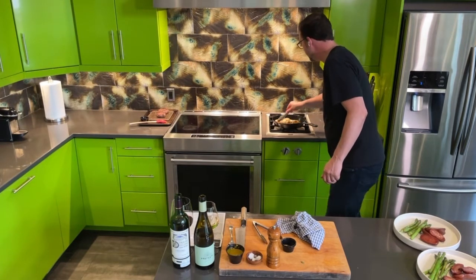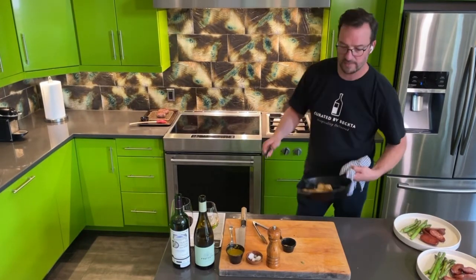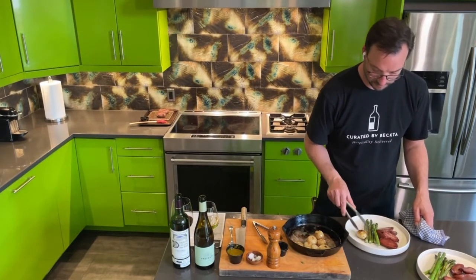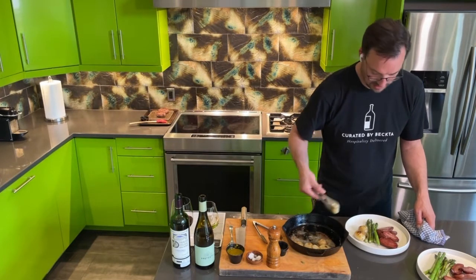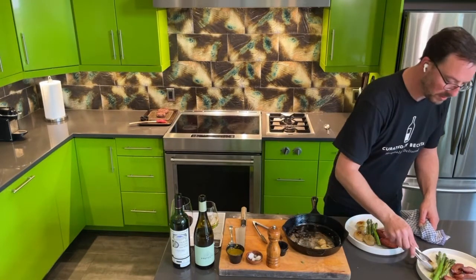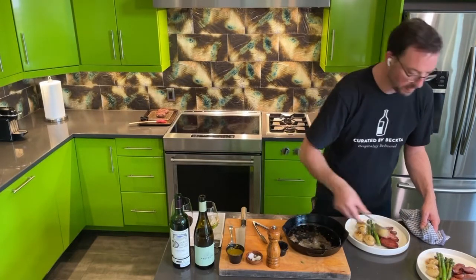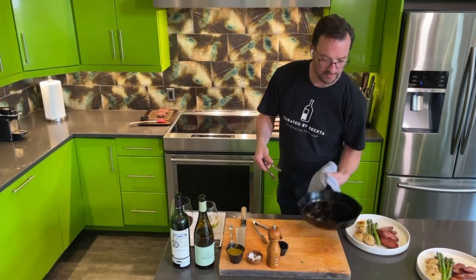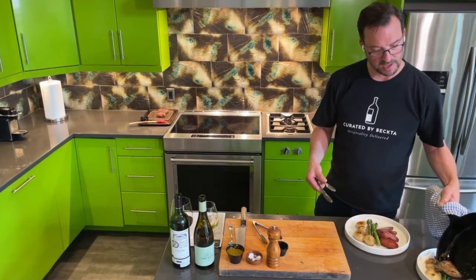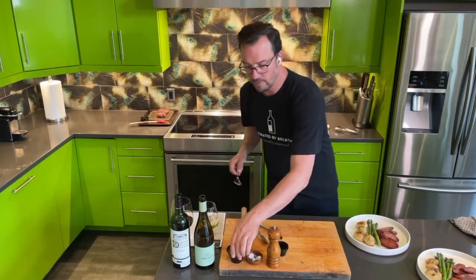The cipollinis look amazing. All right, so let's get them over here for the plating. We can put these aside. About 4 big ones per person here. And if you like a little bit of extra decadence, feel free to put some butter with the lovely beef fond, they call it, in there. And then just before we put the steak down,